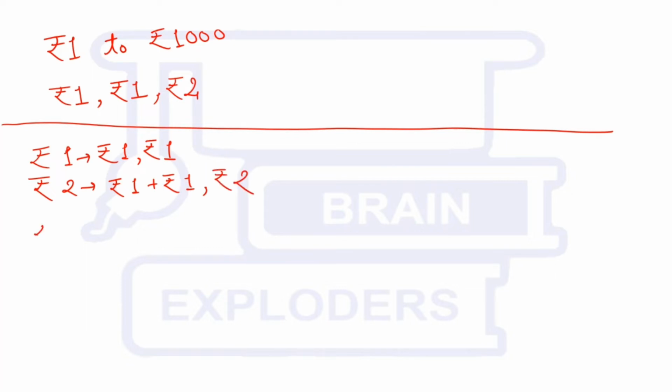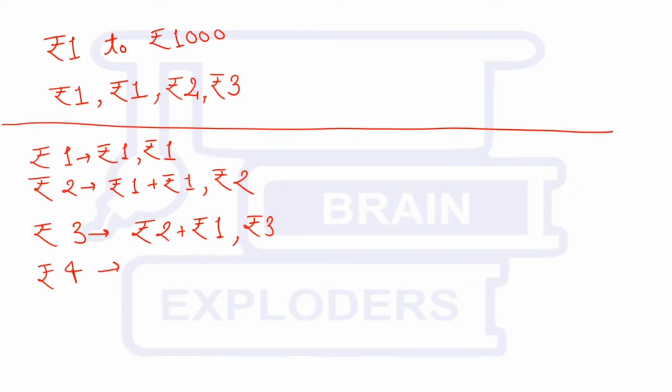Now we can pay rupees 3 also, like rupees 2 plus rupee 1, but we cannot do it in another way, so we must include one more currency note of rupees 3. Now we can pay rupees 3 in two ways. For rupees 4,